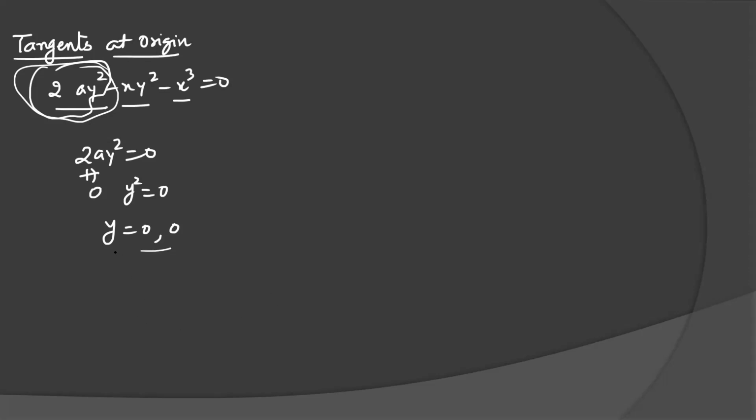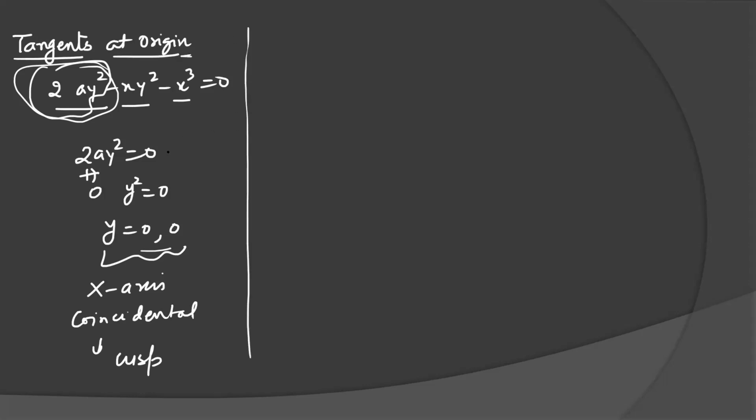You can see that y = 0 means that is the x-axis. And both tangents are the same. So tangents are actually real and coincidental. So you will get a cusp here. I told you the definition. The tangents are real and coincidental. Why coincidental? Because both are y = 0, y = 0. It means you are getting a cusp at that point. When y = 0, x will obviously be 0. So at the origin you will get a cusp. Later we will see.